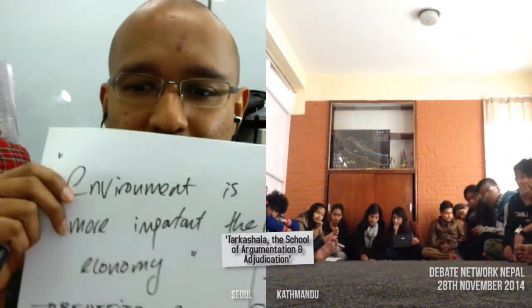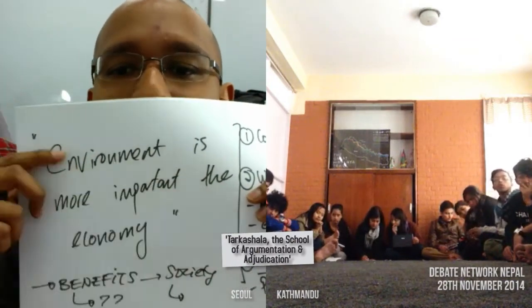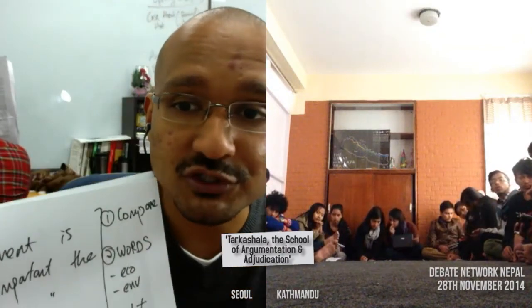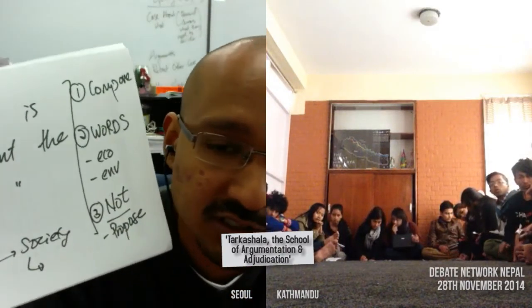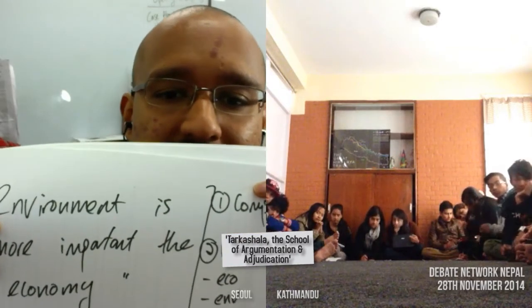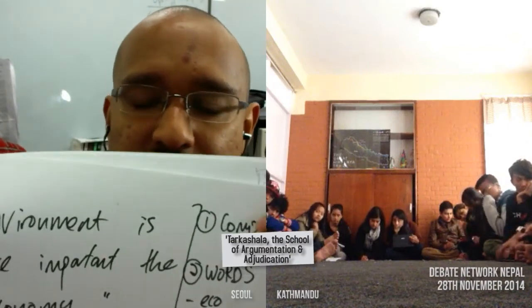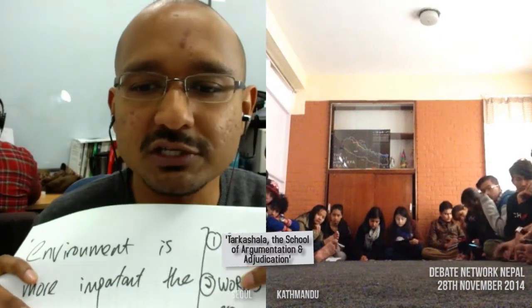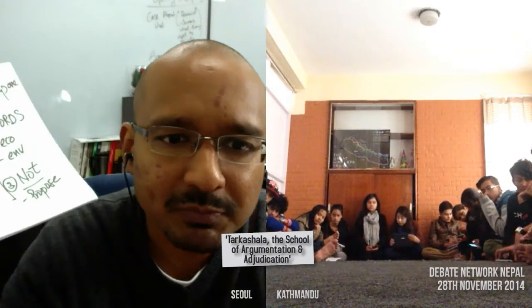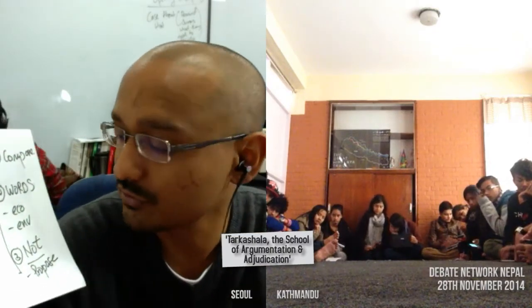Okay, so I don't think you guys can see this anyway, but I like to use some kind of visuals. So that's your motion, right? What we're doing now is just trying to understand the motion. Because if you don't understand the motion, then you can't build a case. So you asked at the start what the debate was about. So it's about the balance between the environment and the economy, right? Are there any specific words you need to explain? Maybe the economy, maybe the environment, but people generally understand largely those words.